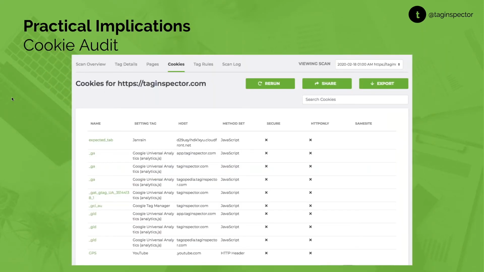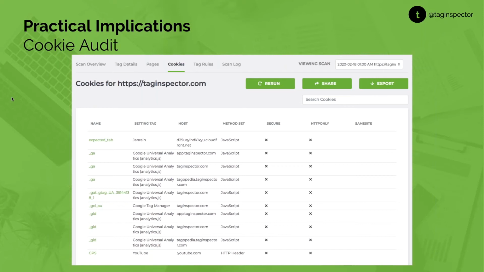This is just a screenshot from our Tag Inspector platform, which is one means of doing this. Another way, as I showed you before, is that you can access all the cookies being set within your browser on a given page, so you could even test that manually on your website. But if you're looking for a holistic output, this is another method.